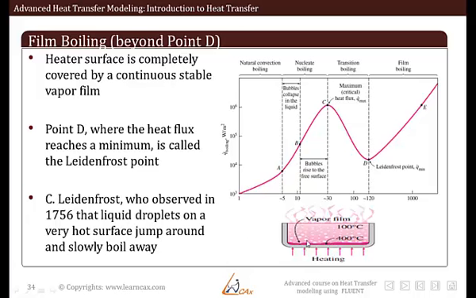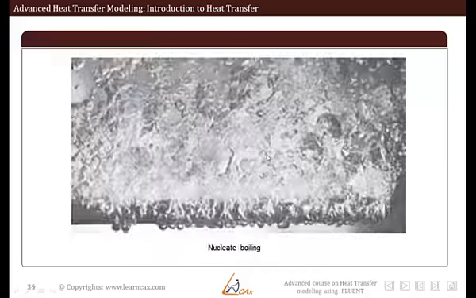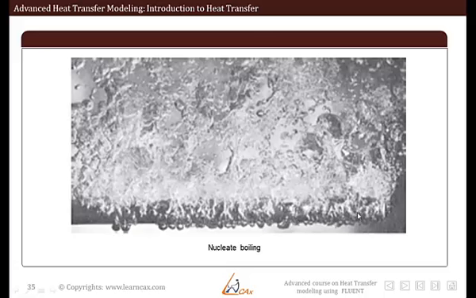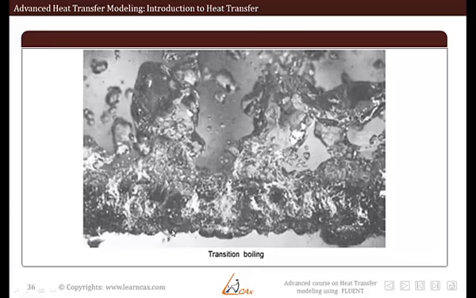The point to note is that the heater surface is completely covered by a stable continuous vapor film in the case of film boiling. A pictorial representation of nucleate boiling is shown here. You have random or preferential sites on which bubbles are formed. They detach from the heater surface, move into the liquid, dissipate, go to the free surface and evaporate. And we have nucleate boiling, the formation of bubbles. And after that we have